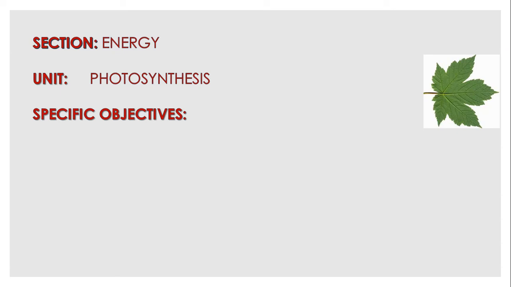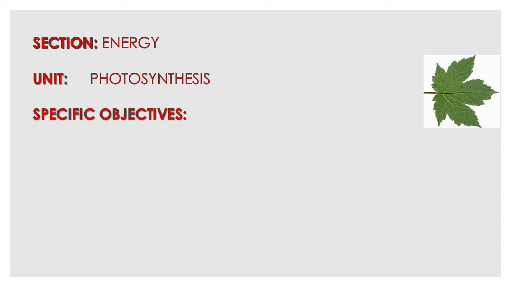In our previous lesson, we touched on the meaning of photosynthesis as a process whereby plants manufacture their own food using carbon dioxide and water in the presence of sunlight and chlorophyll. Then from the definition we deduce 4 factors photosynthesis depends on,